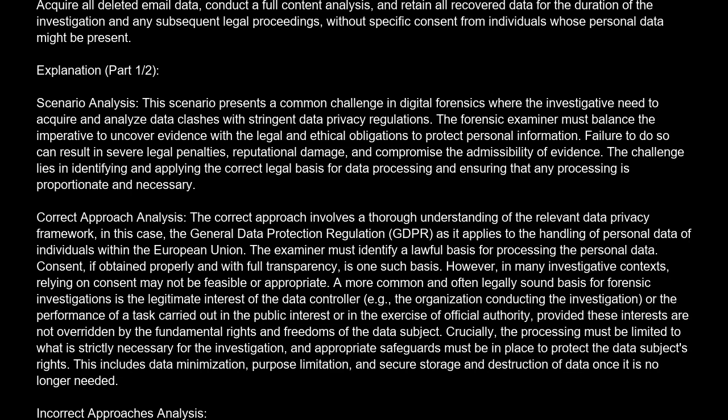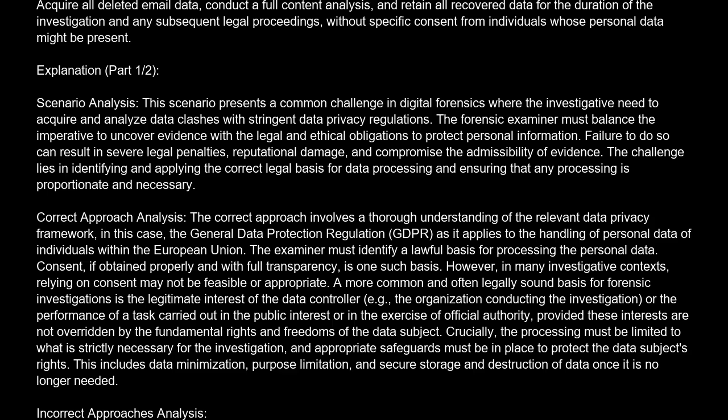Correct answer is B. Acquire all deleted email data, conduct a full content analysis, and retain all recovered data for the duration of the investigation and any subsequent legal proceedings, without specific consent from individuals whose personal data might be present. Explanation. Scenario analysis. This scenario presents a common challenge in digital forensics where the investigative need to acquire and